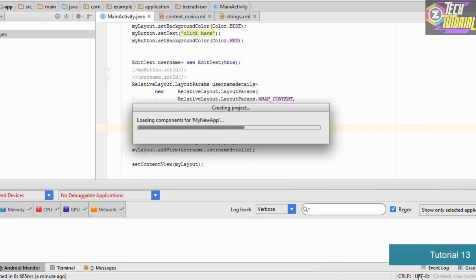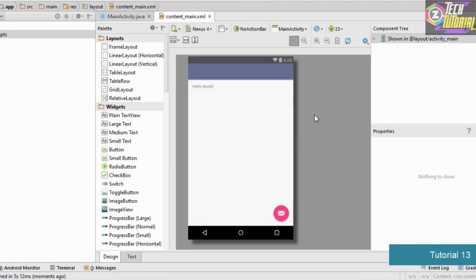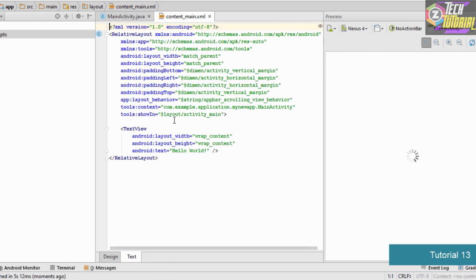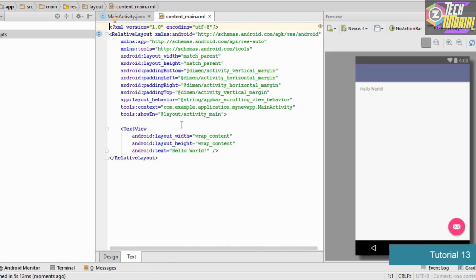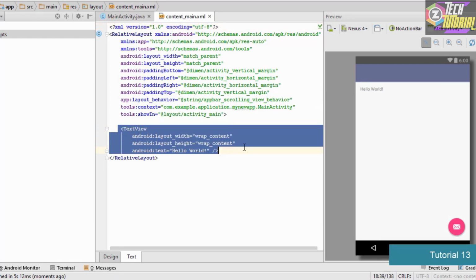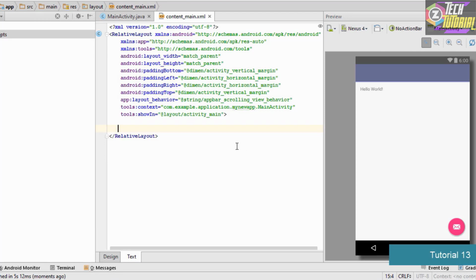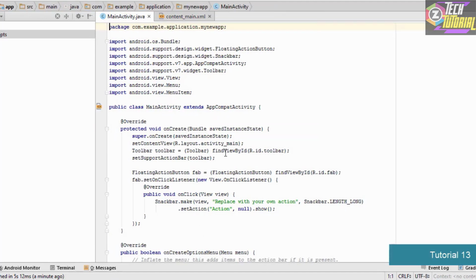Now click finish. Once everything is set up, you go into this XML text right over here, and what we are going to do is delete each and every component which is present right now in our application. So basically we delete this text view right here, and once we delete it, the next thing we do is go on to our main activity.java file,